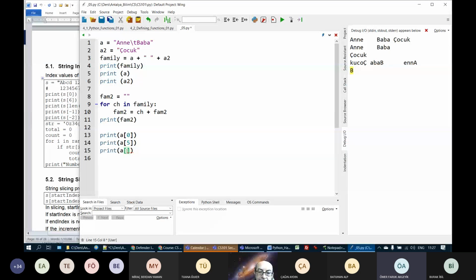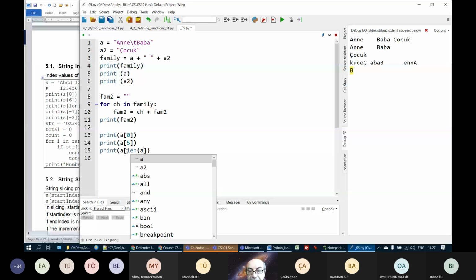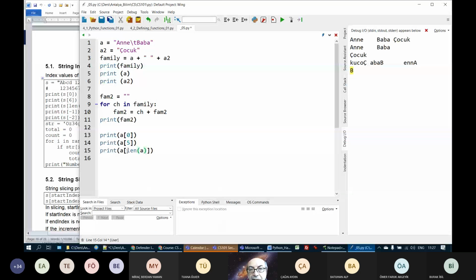We will use len, len of a. If a string has 10 characters, since indexes start from 0, the last index will be 9. So there is no character with an index equal to len. But if you subtract 1 from this,